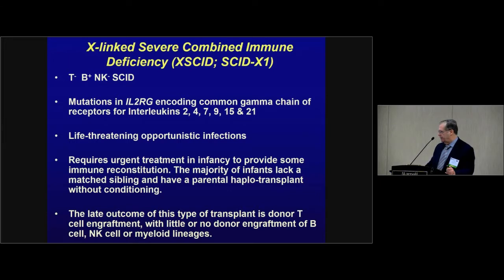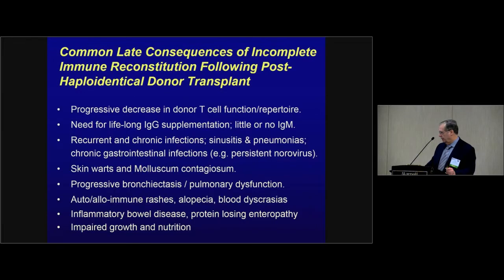XSCID is T negative, B positive, NK negative. It occurs from mutations in the IL-2R gamma gene. And in infancy, people need a transplant quickly. What's usually only available is a parental haploidentical transplant without conditioning. Some centers use some conditioning, but most centers don't use any conditioning. However,